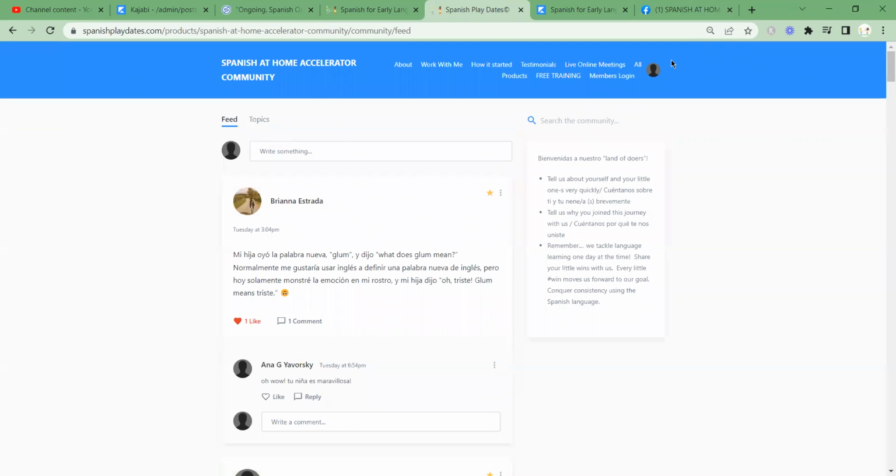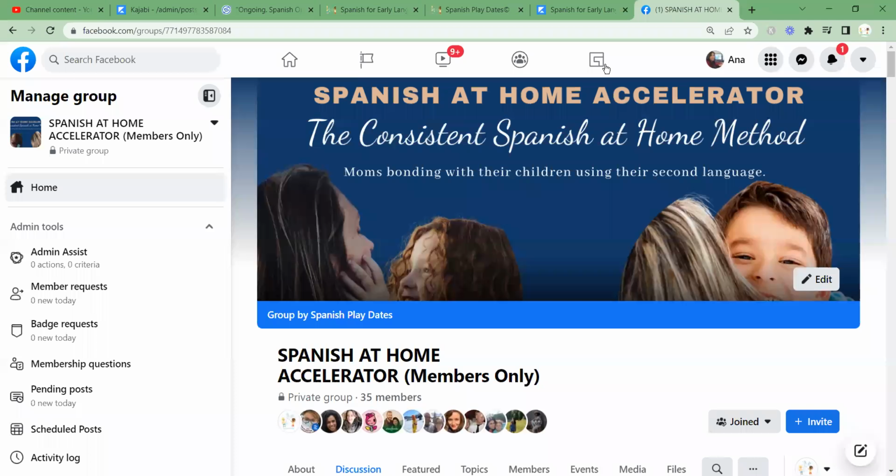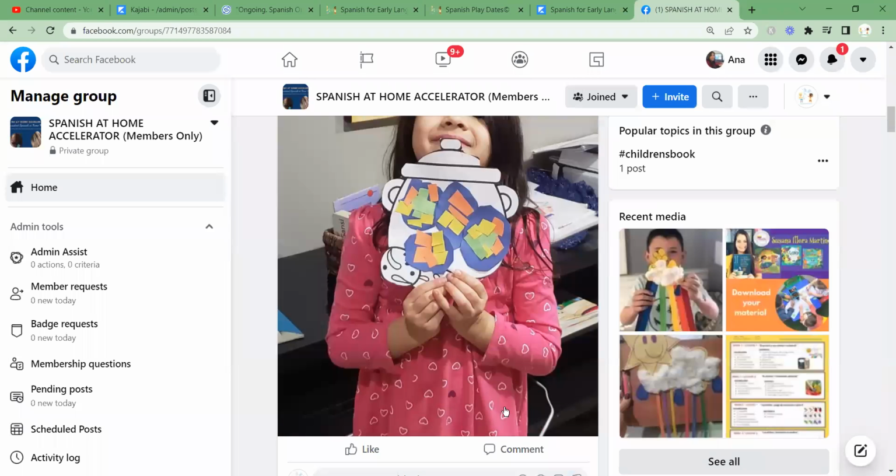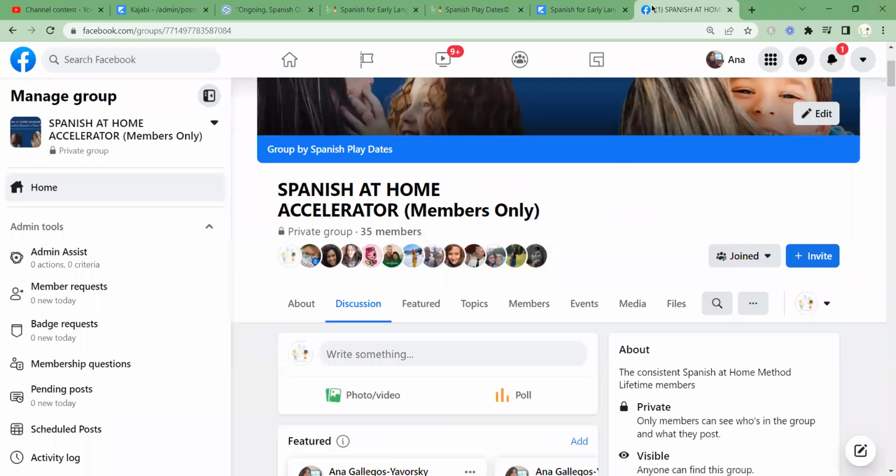It has kind of the same function as the Spanish classroom private group. So you can do it either way. You have two options. Okay, I hope that is helpful. It's very important that you do this because that is how you stay accountable with us, and we can see your progress and you can connect with